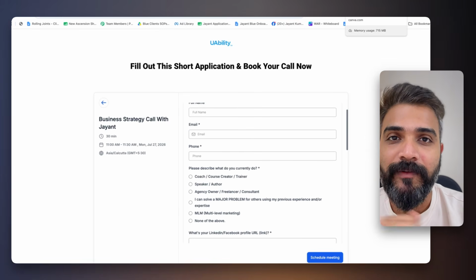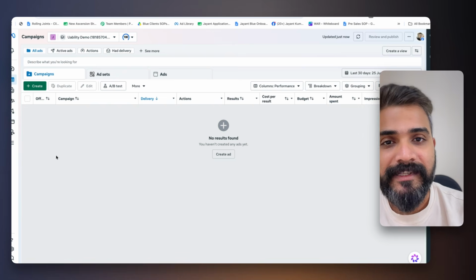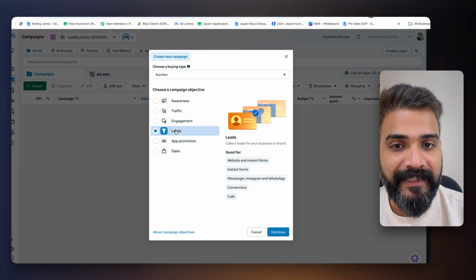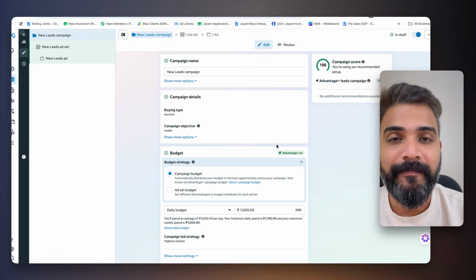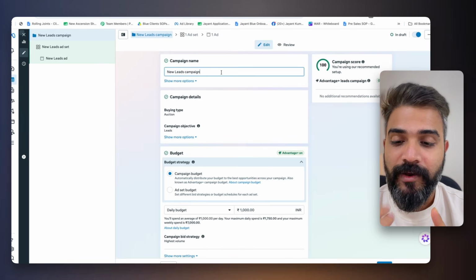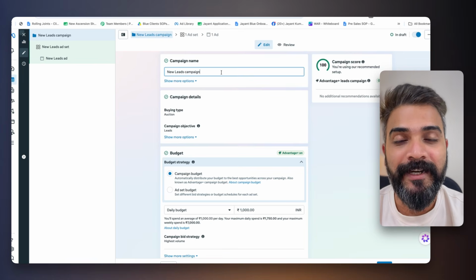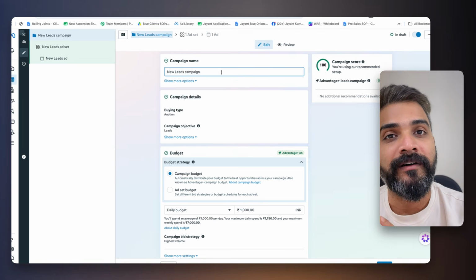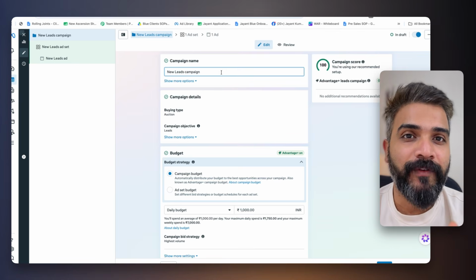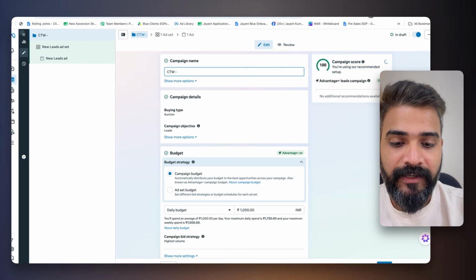With that out of the way, let me show you how the ad setup is done to get NRI clients. This is how your Ads Manager should look. Click on create, go to leads, click on continue, and the best kind of ads that work is click to WhatsApp ads, especially if you want to target NRIs, because every Indian living abroad has a WhatsApp, though WhatsApp penetration is not as much in Canada and the US for most of the native people there. Most Indians have a WhatsApp number, which is something that we use. So we use CTW, click to WhatsApp ads.